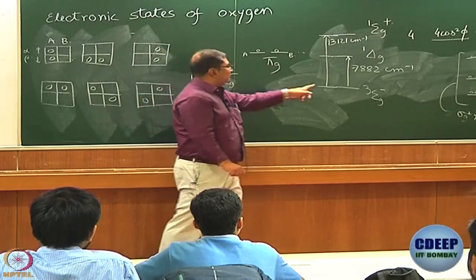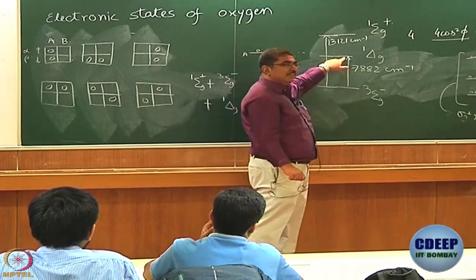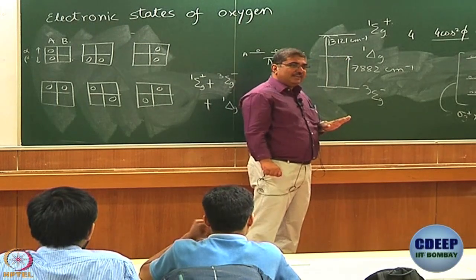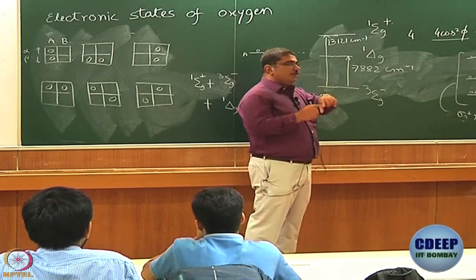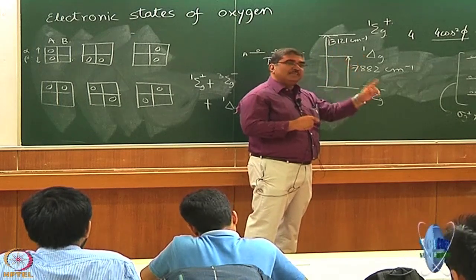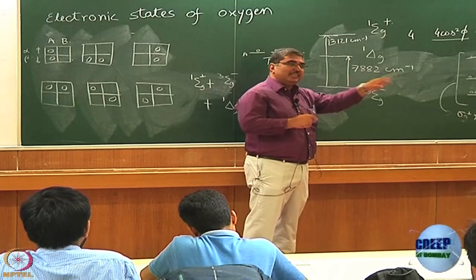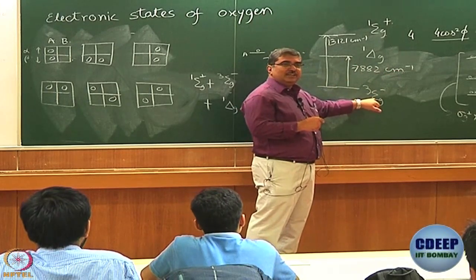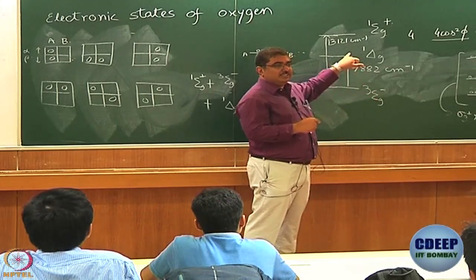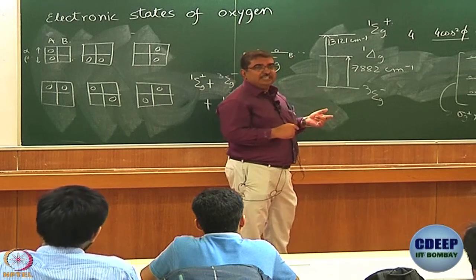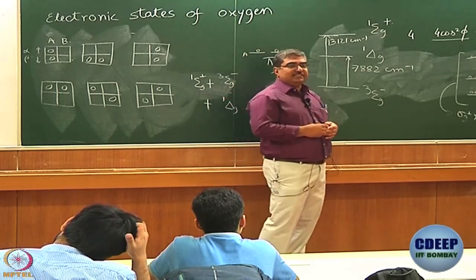As we said, it is not so easy to go directly from here to here, but you can have an organic molecule which you excite from singlet to singlet state, then it goes from singlet to triplet state, and then that triplet state reacts with the triplet ground state of oxygen to produce singlet oxygen. That kind of a molecule is called a photosensitizer. Porphyrin is a good photosensitizer.